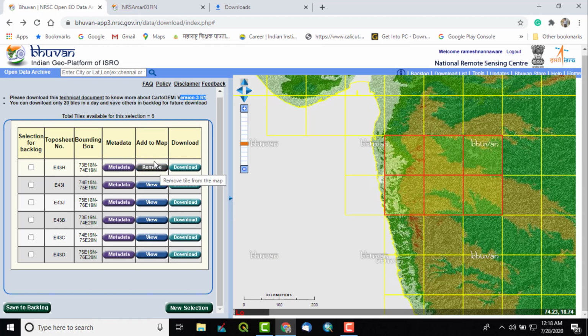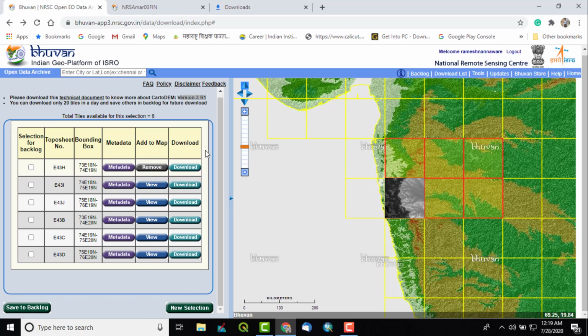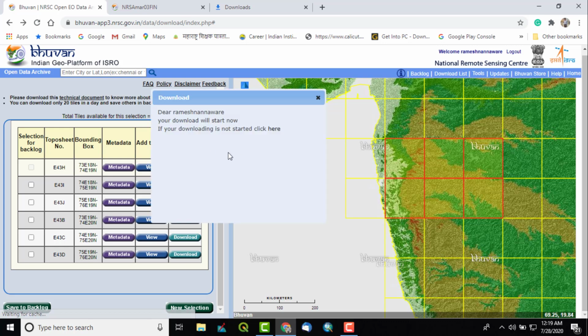Each one can be viewed here like this, and metadata is also there. You can see the details of the satellite and launch vehicles like this. Then I can simply click on download.